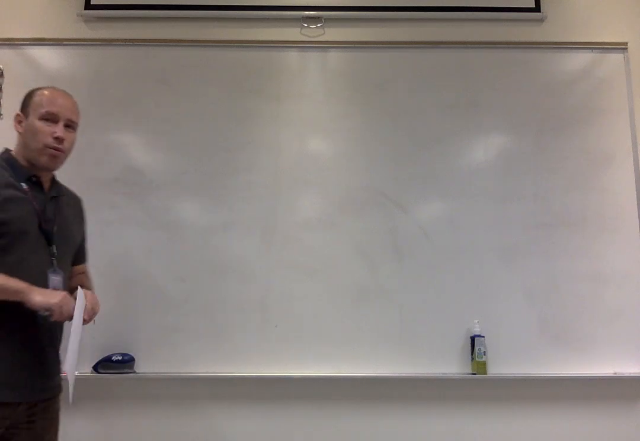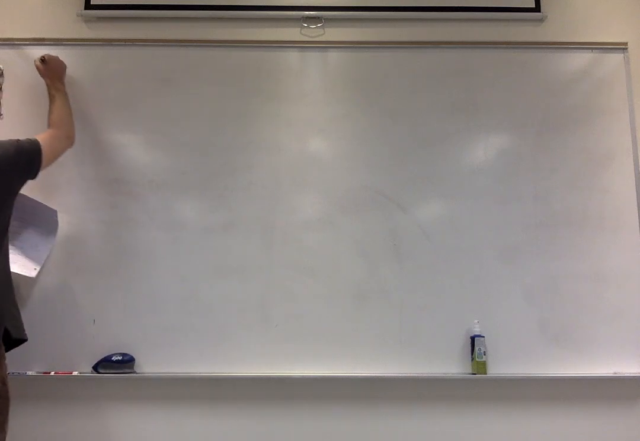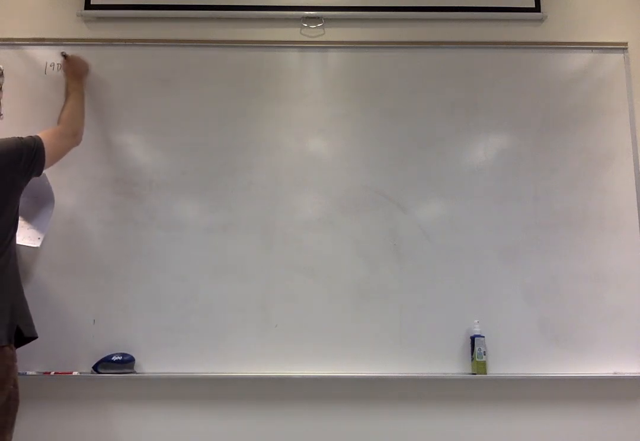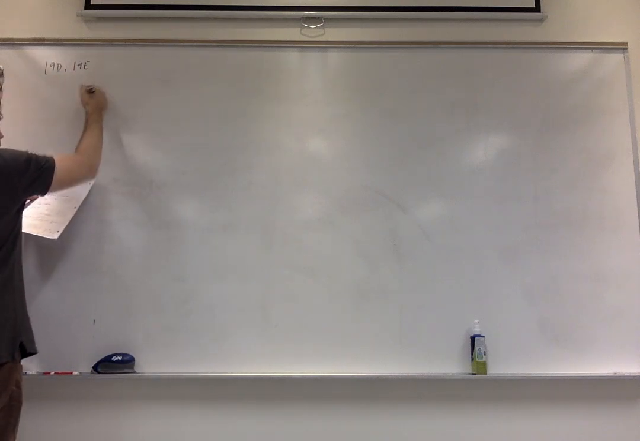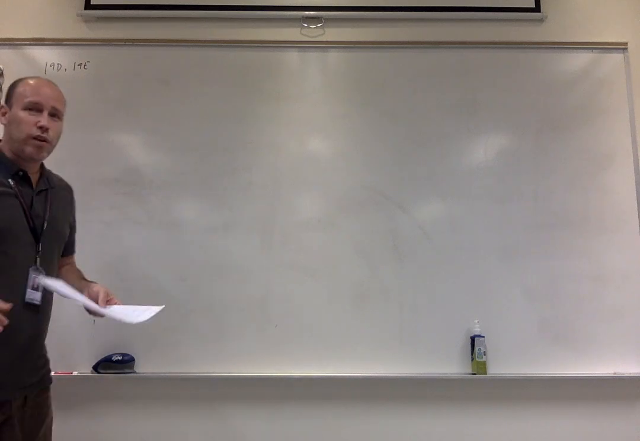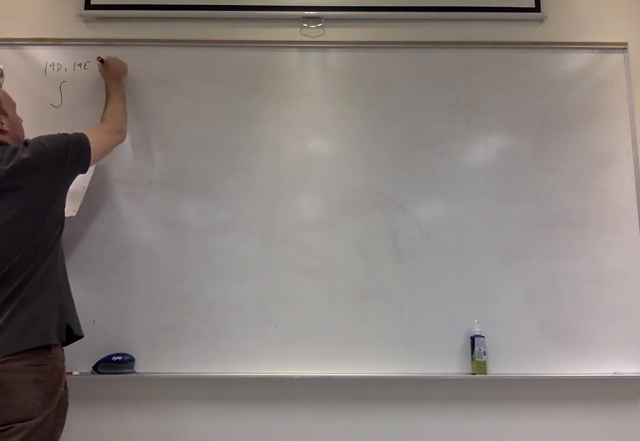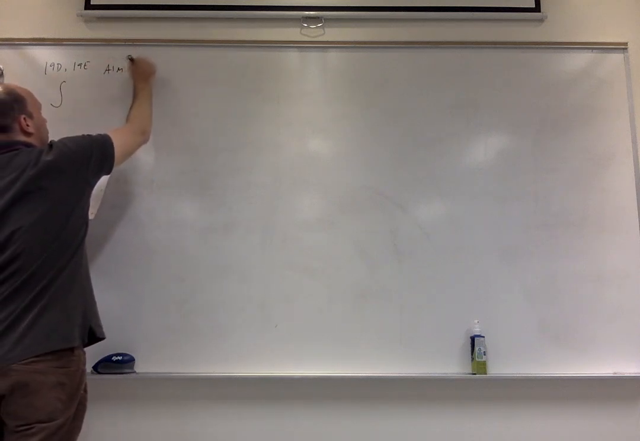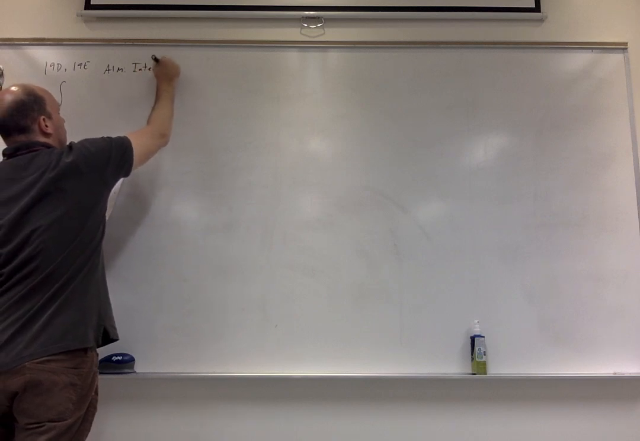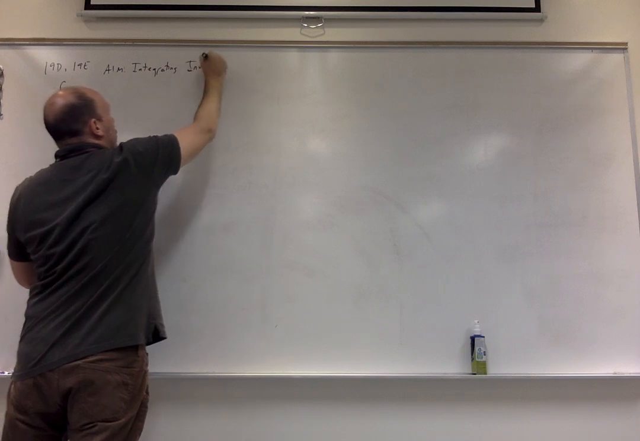Okay, guys, so we're going to continue with integration. We're going to do 19D and 19E. And 19D is the integration of inverse trig function. So if you look at the formula book, you'll see the integral. The aim is integrating inverse trig